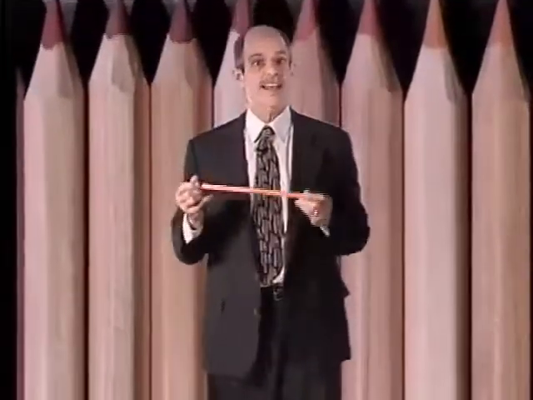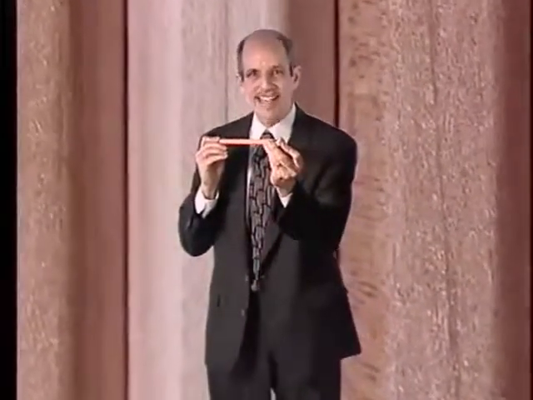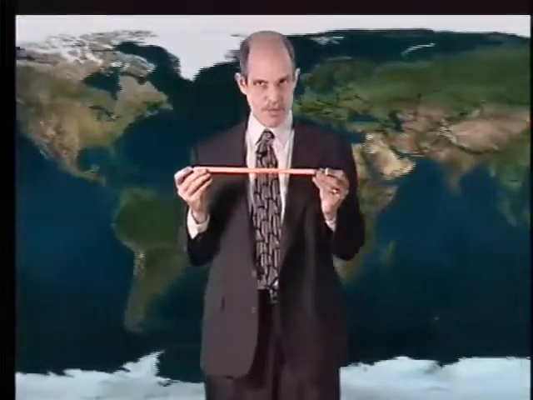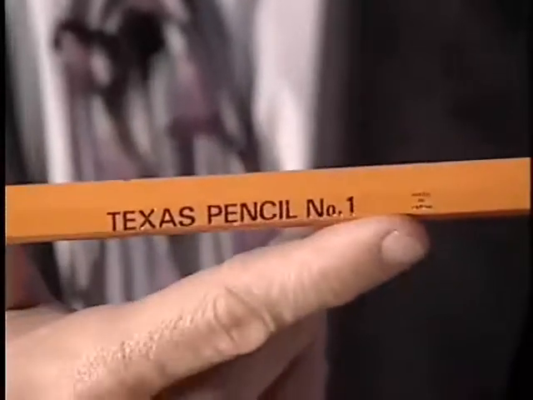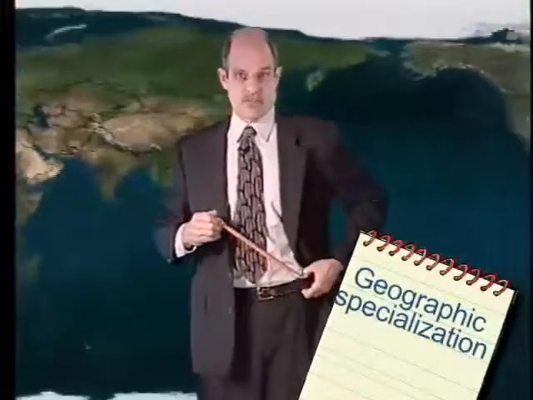In fact, without specialization, our modern standard of living would be impossible. Imagine how much it would cost you to make your own refrigerator, your own shoes, even a lowly pencil, which you can buy for pennies. The wood is usually California cedar. The eraser made from South American rubber and Italian pumice stone. The graphite, a patented mixture from Mexico and Sri Lanka. Geographic specialization is why world trade, this Texas pencil was actually made in Japan, increases world wealth through a division of places in addition to a division of labor.